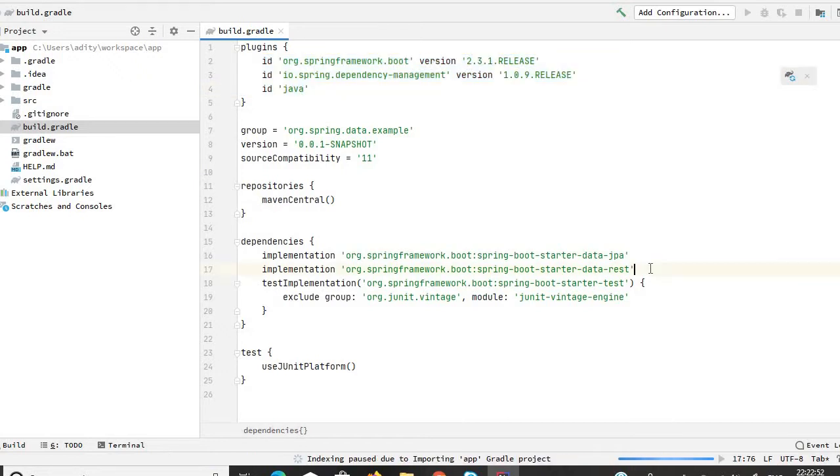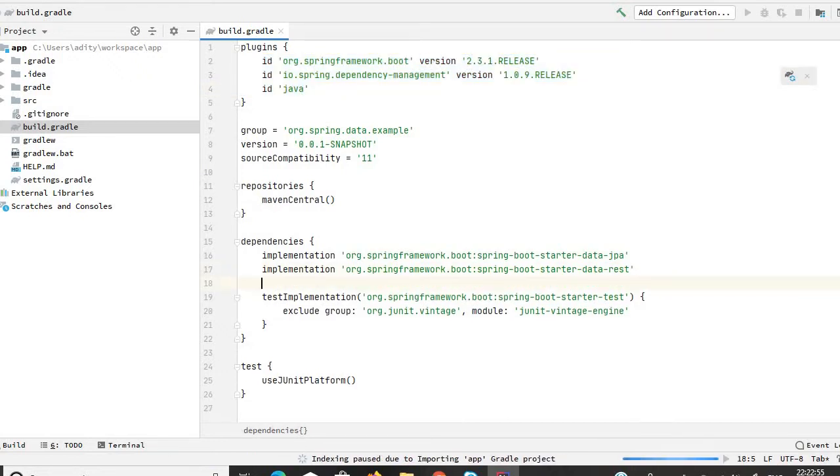Apart from this, we have to add one more dependency: implementation com.h2database:h2. So H2 is an in-memory database. If Spring Boot finds that we have added Spring Data JPA and that H2 is there, it will by default take care of creating a DB and